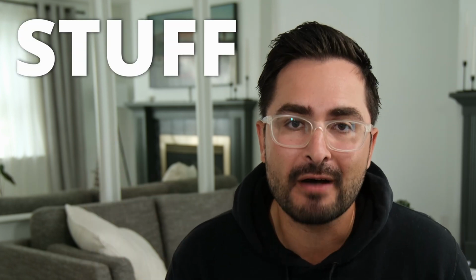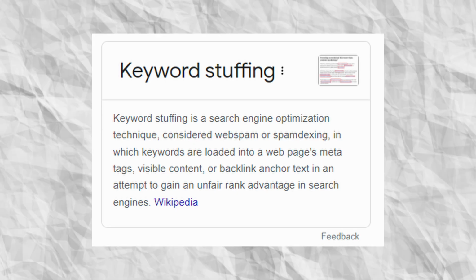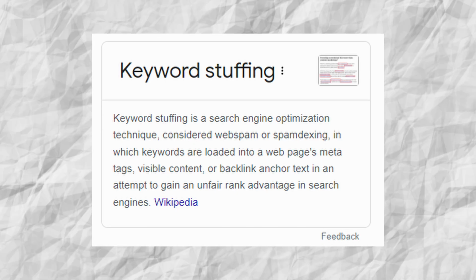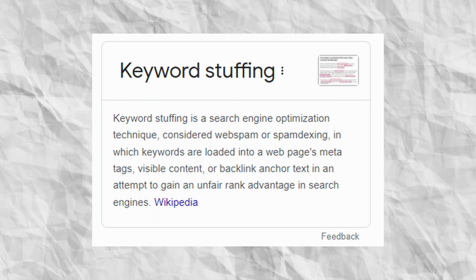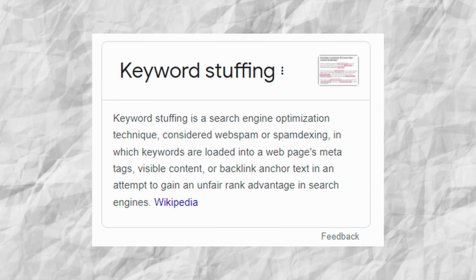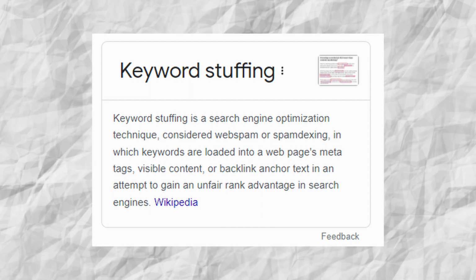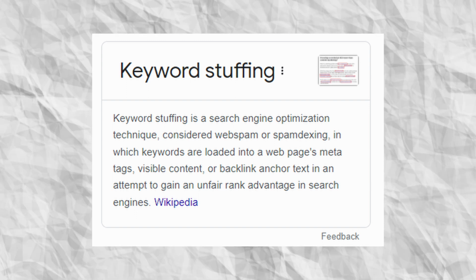One of the things that drives me nuts, and I see it a lot with brand new Fiverr sellers, and it really does nothing for your gigs, is when you stuff your gig with keywords, keyword stuffing. According to Google, keyword stuffing is a search engine optimization technique considered web spam or spamdexing, in which keywords are loaded into a web page's metadata, content, and title in an attempt to get an unfair rank advantage in search